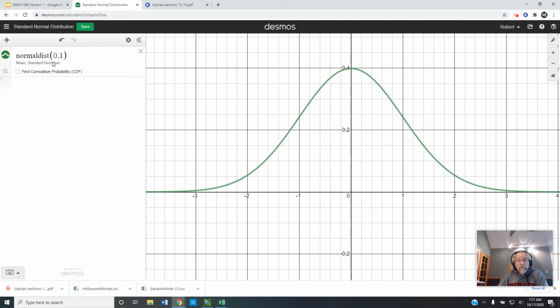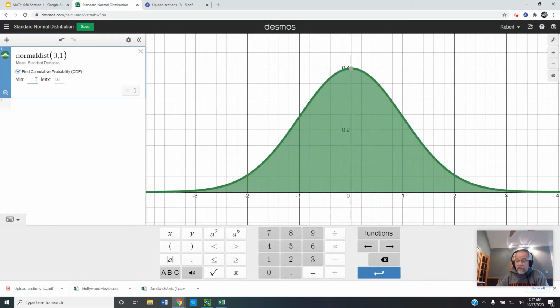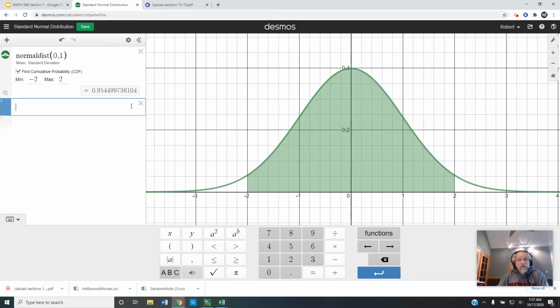If I want to find the cumulative probability of this curve, I simply click on the cumulative probability, and I see that underneath the curve right now is 100% of the data. And the endpoints are negative infinity to positive infinity. Those are the defaults. If I want to change those, let's do -2, and let's do +2. And you can see that the value changes to approximately 95%. So the curve now holds approximately 95%, centered on 0, moving 2 standard deviations to the left and